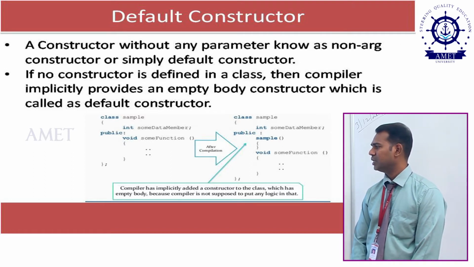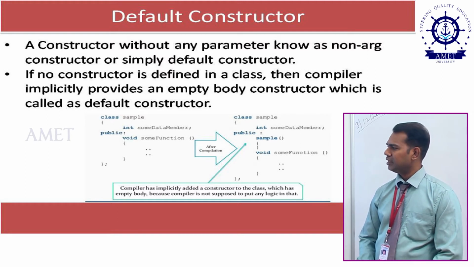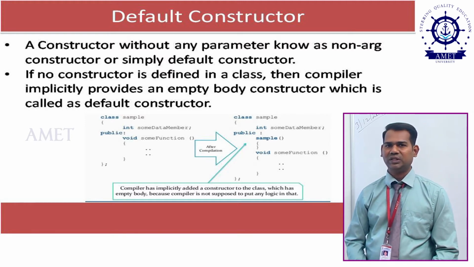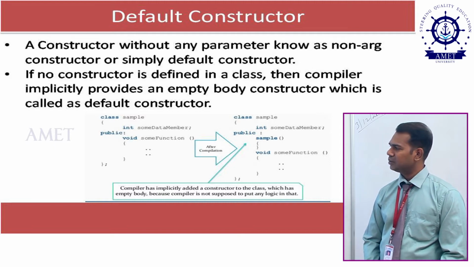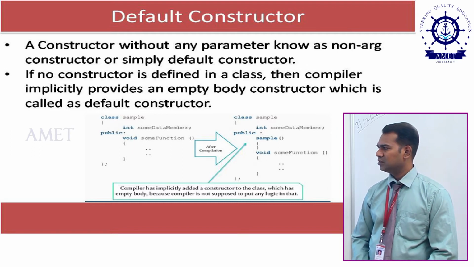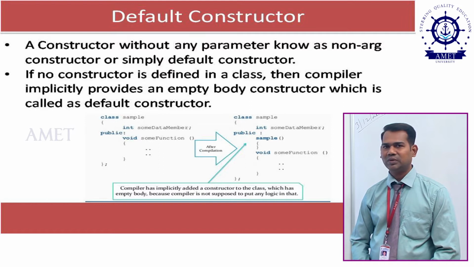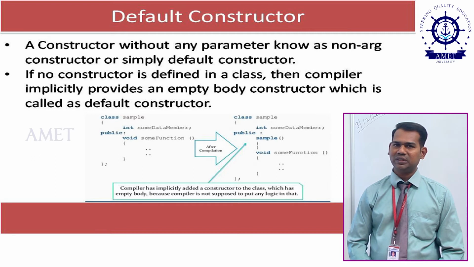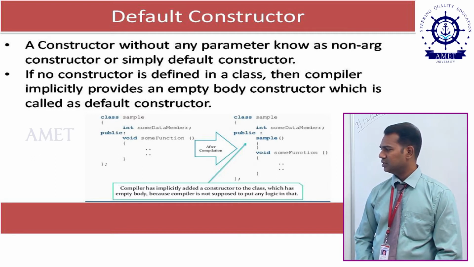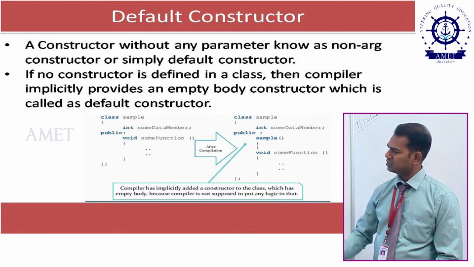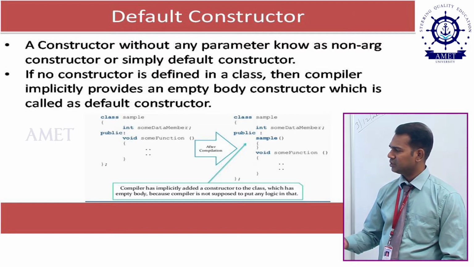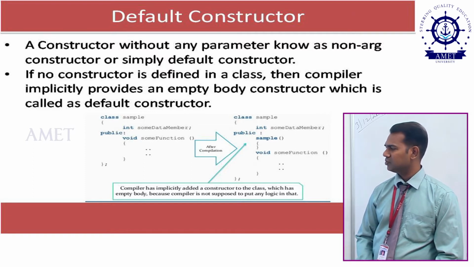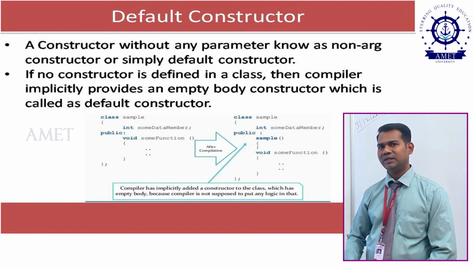We have discussed this already, and this is an example I try to illustrate before compilation and after compilation. Before the compilation, we have a C++ program with a class. We have a class Sample which has two members. One data member is called some data member, and another is a member function called sum function. Before compilation, I do not see any constructor over there, and I do not see any function with the class name. So what happens after the compilation?